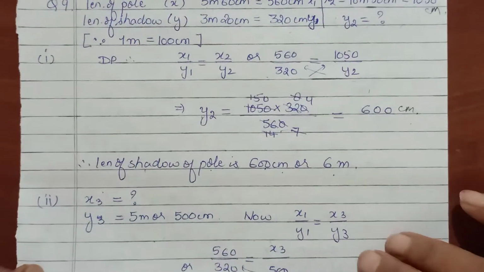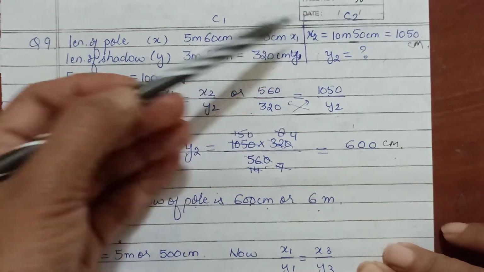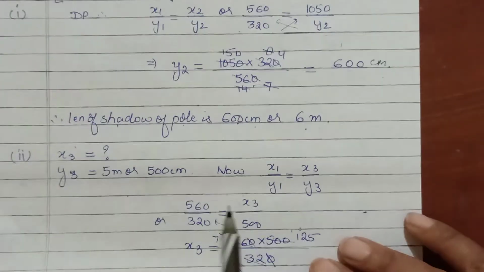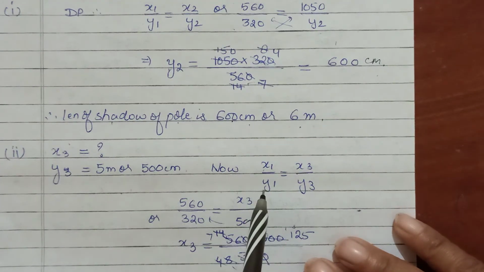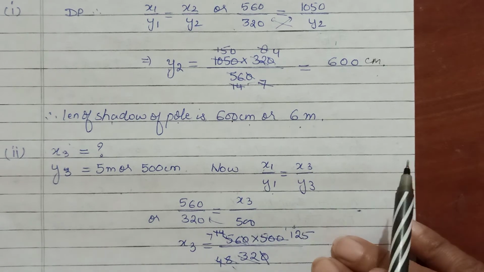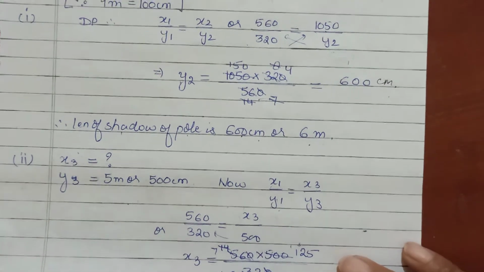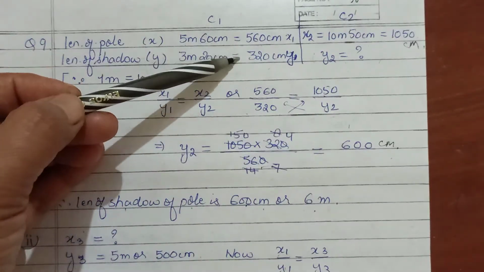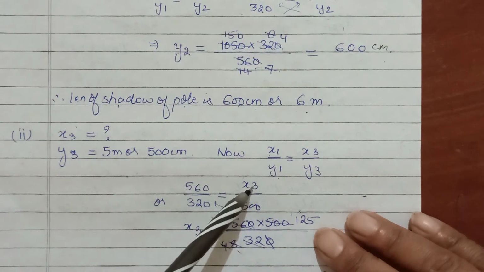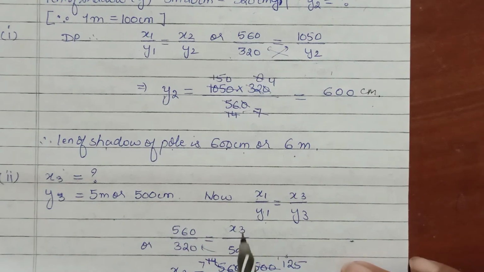Okay, for the same question अभी नेक्स्ट केस में आपको x पता नहीं है, लेंथ ऑफ ऑब्जेक्ट पता नहीं है, शैडो की लेंथ पता है. Okay, so but the story remains the same, relation remains the same. So x1 upon y1 is equal to x3 upon y3. उसको मैंने थर्ड केस कंसिडर कर लिया है. Okay, so x1 y1 will remain same as from here, 560 upon 320, and in this case x3 you have to find. यहाँ पे आपको x पता था, y निकालना था, यहाँ पे y पता है, x निकालना है.